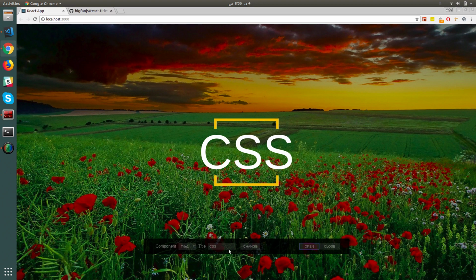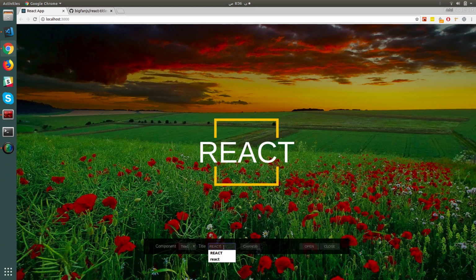But when we change the title to something like, I don't know, React, it doesn't scale, it just rotates, right? As you can see, it's beautiful, right? That's the first component. The second component, for example,